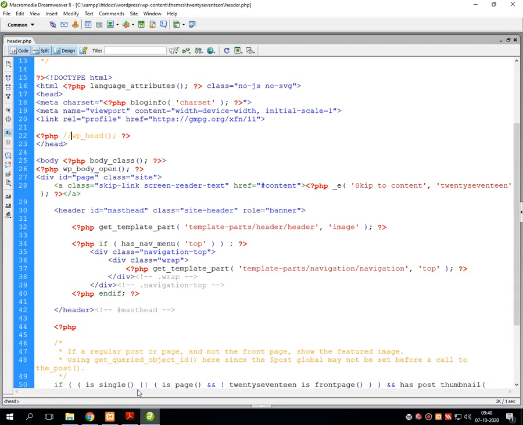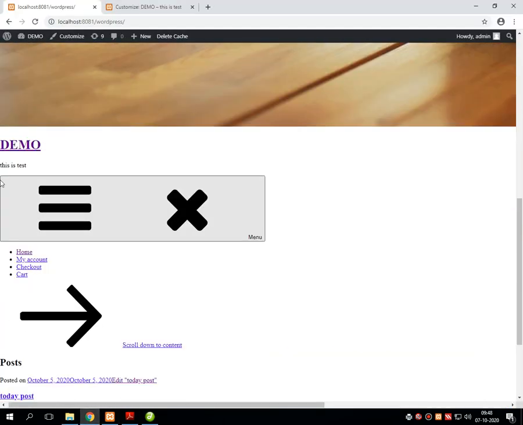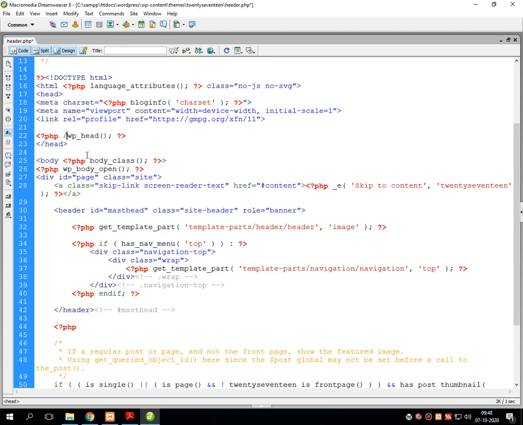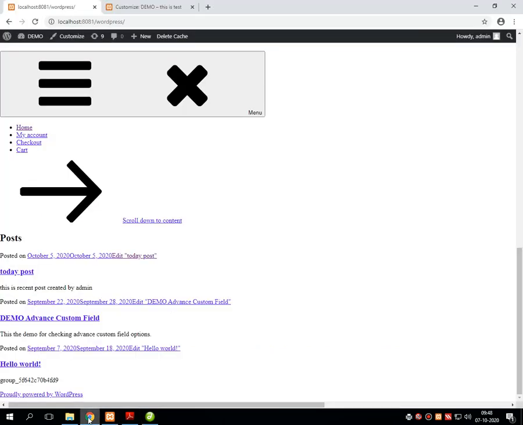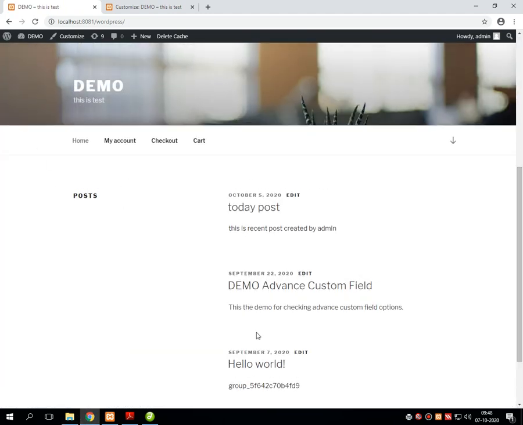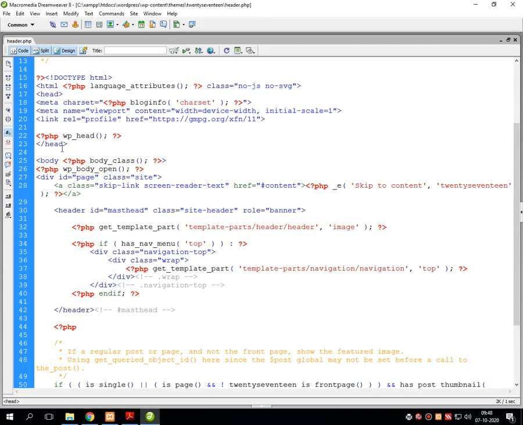Now I'm just enabling a single line, wp_head. Save, refresh. See, this type of change is done by wp_head.